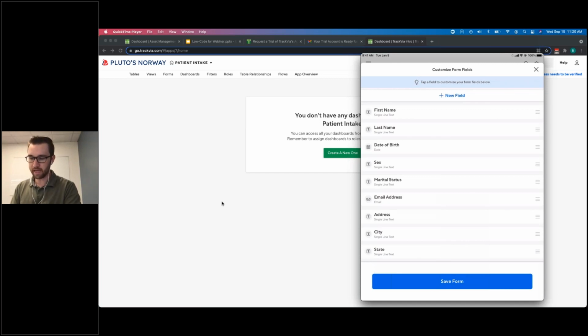So I've got my first name, last name, that's coming across as a single line field. My date of birth is coming across as a date field, as we might expect. My email address is coming across as an email field. So we're actually looking at the paper form, and we are saying what field types should be generated based on